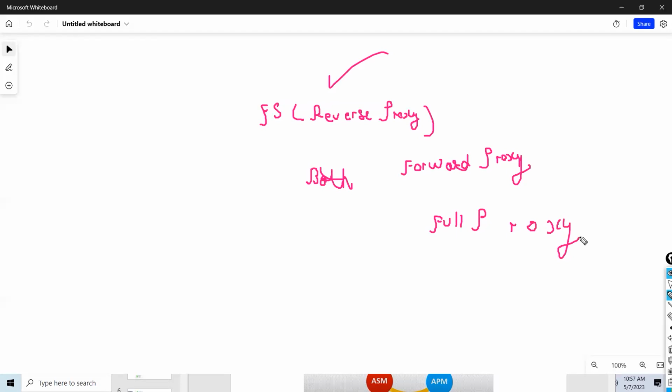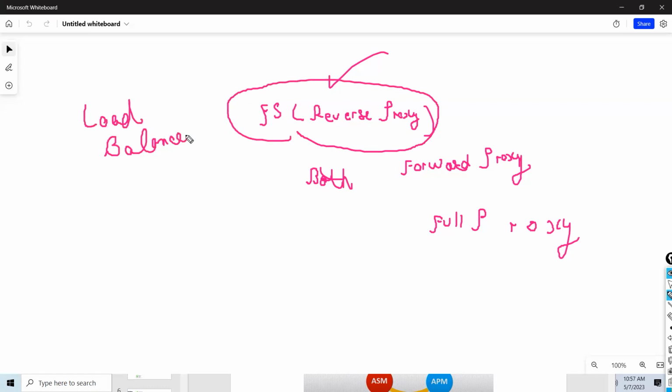But by default, if you talk about any cloud load balancer or anything, whenever the term load balancer comes, that is always called a reverse proxy. You can make it a forward proxy, but by default, F5 is a reverse proxy device, guys. Why is it called a reverse proxy, guys?